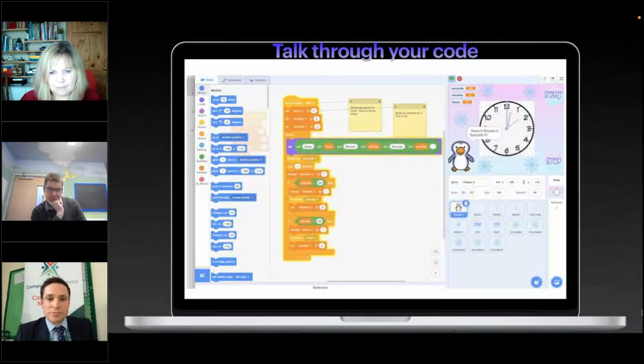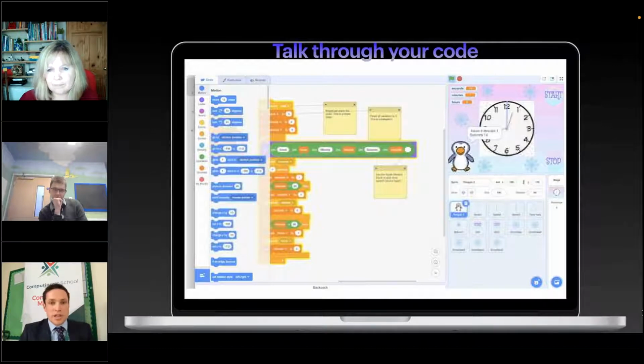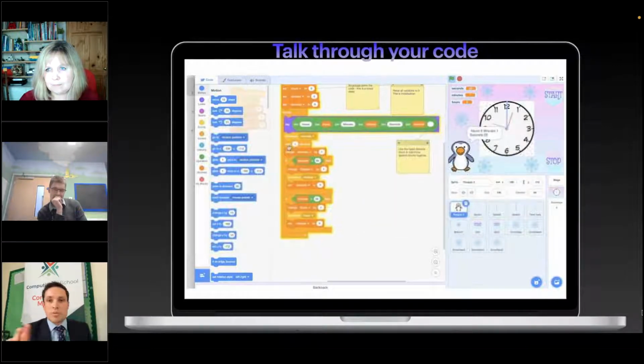Number one: talk through your code. As you're working through projects where pupils are developing their skills, if you hold down Control and click on any aspect of a block of code, you can annotate, so you can start to add meaning. Now, this is great from an evaluation point of view. You can use this in two ways really. Firstly, where you give them the whole project at the start and they make predictions, explaining what the loops and other aspects of the code are actually doing.